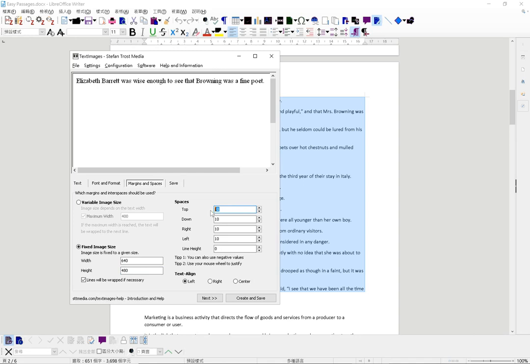My setting is I left 50 to the top, and then we let this sentence text align left. And the best thing of this software is it could automatically wrap lines